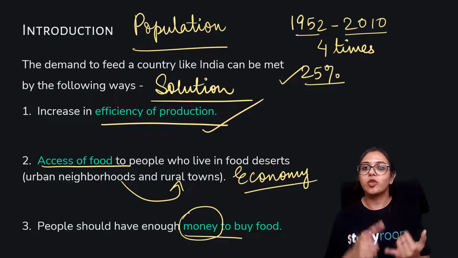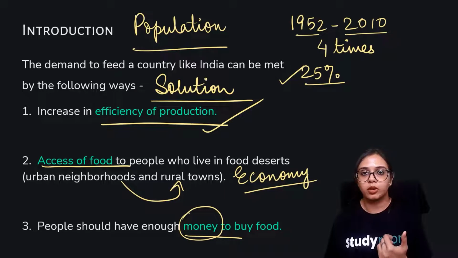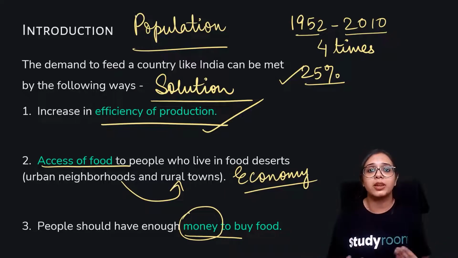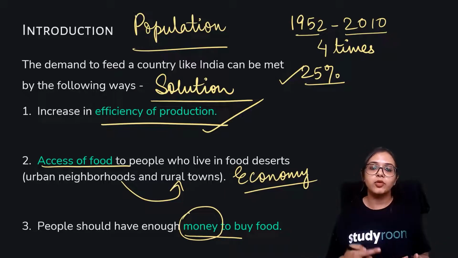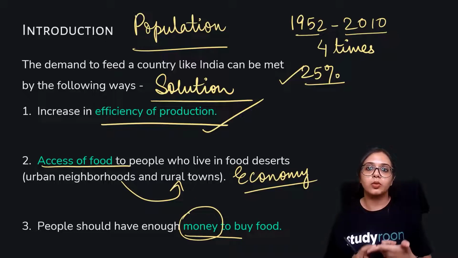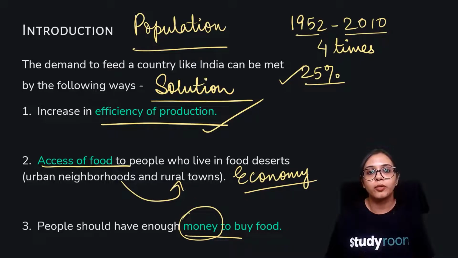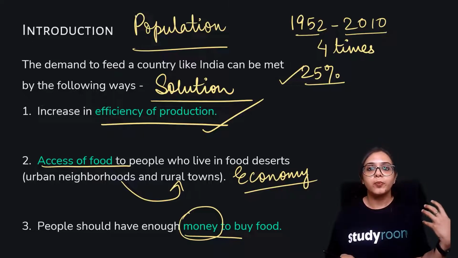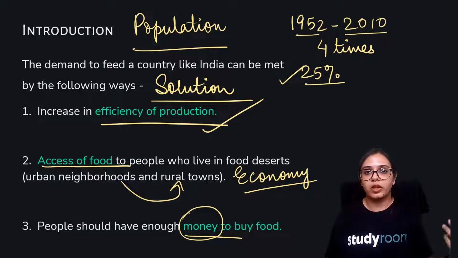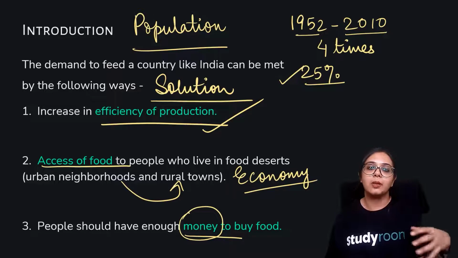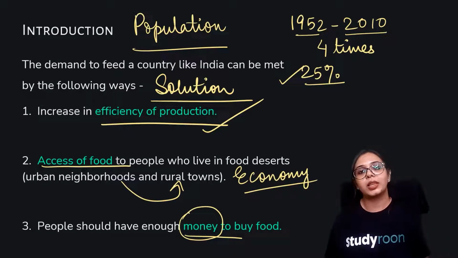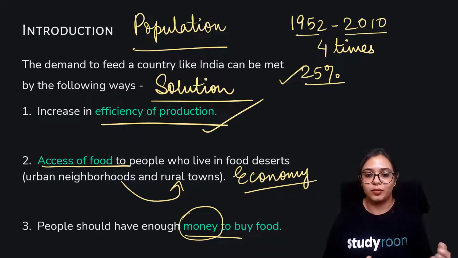Okay, so we have to increase the production of food, we have to better our quality as well, and we have to make sure that those poor people that cannot afford food, or who are living in such remote areas that they cannot meet their food demands, can be supplied food. They should have that access to food. All right,